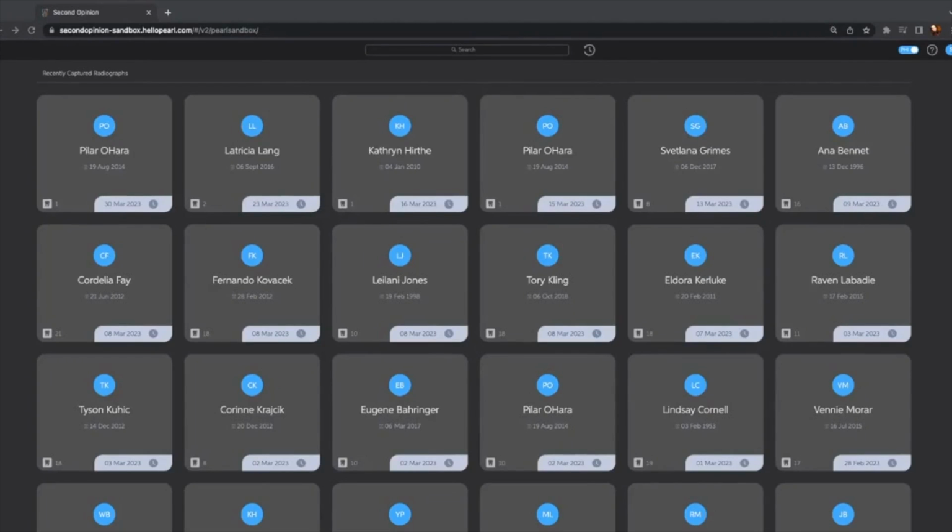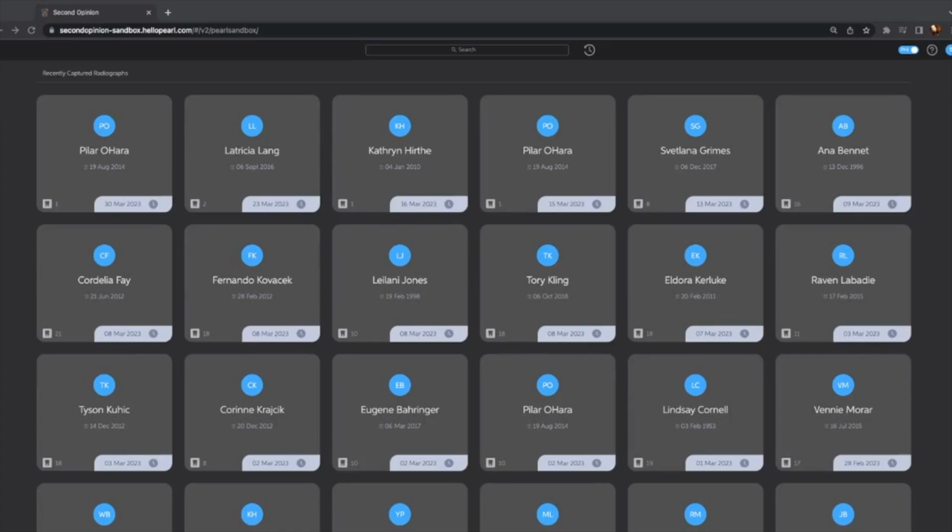Bringing Second Opinion into your daily workflow and using it chairside is like having a second set of eyes or an additional layer of support for you and your team. We're also going to be reviewing the excellent case presentation tools. You can now use the Second Opinion platform chairside to show your patient their different conditions and pathologies in color, helping them understand their condition and helping them trust that they should move forward with it, ultimately improving your practice production.